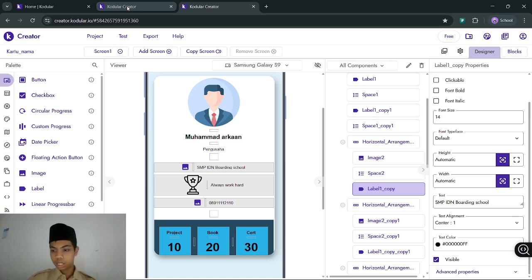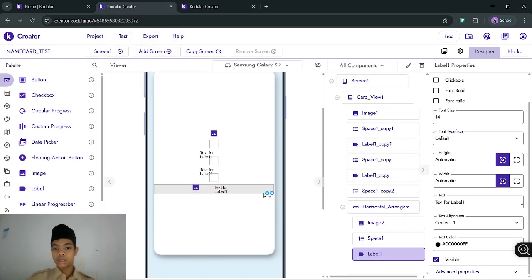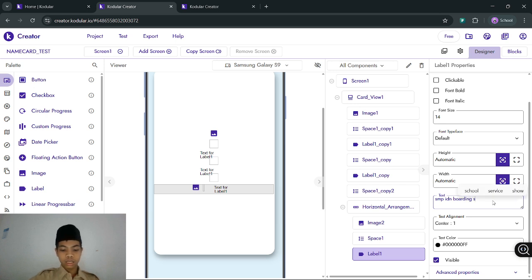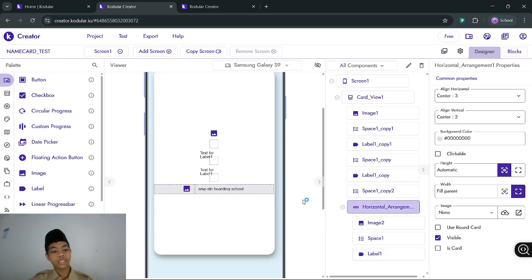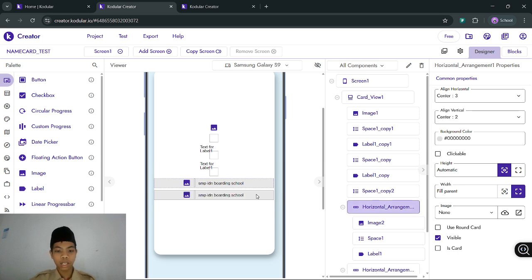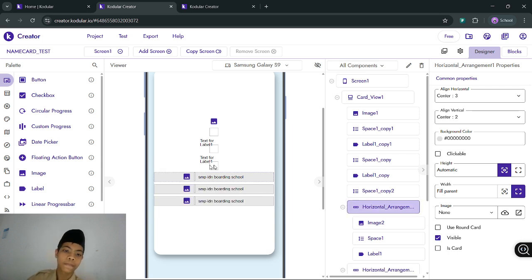Like this, we try writing SMP IDN boarding school. Like this. And then for this, we just need to duplicate down and then duplicate one again.